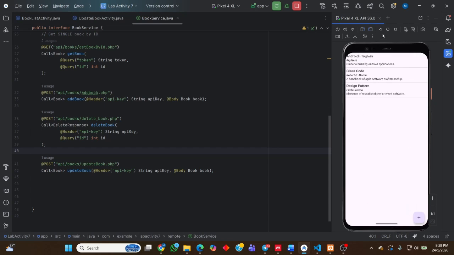If we go back and go to the book list, as you can see, the title and the author have been updated, and we click the detail also. The date of this book has also been updated. So that's all for my Lab 7 activity.